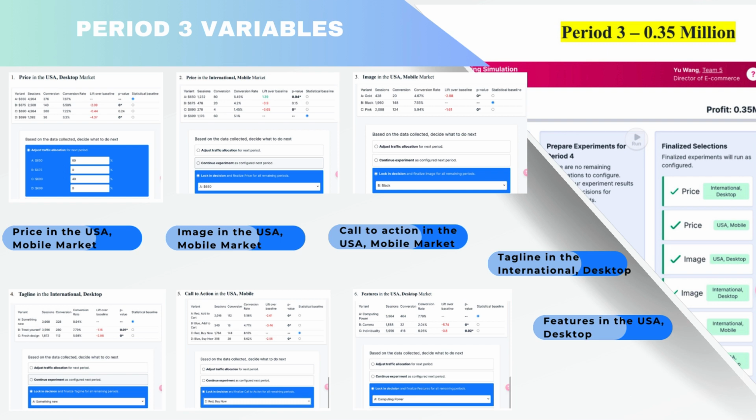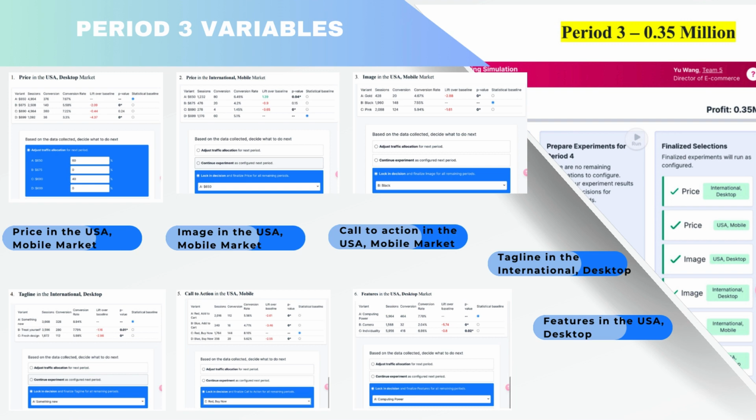The price, so at the end of period two, our profit reached 0.35 million. Then we run period three of the experiment. We do some variable analysis, and based on the data collected, we keep our eyes on the price in the US desktop. We do some adjustment on that one. And the rest, the price in the international mobile market, we decided is gonna be